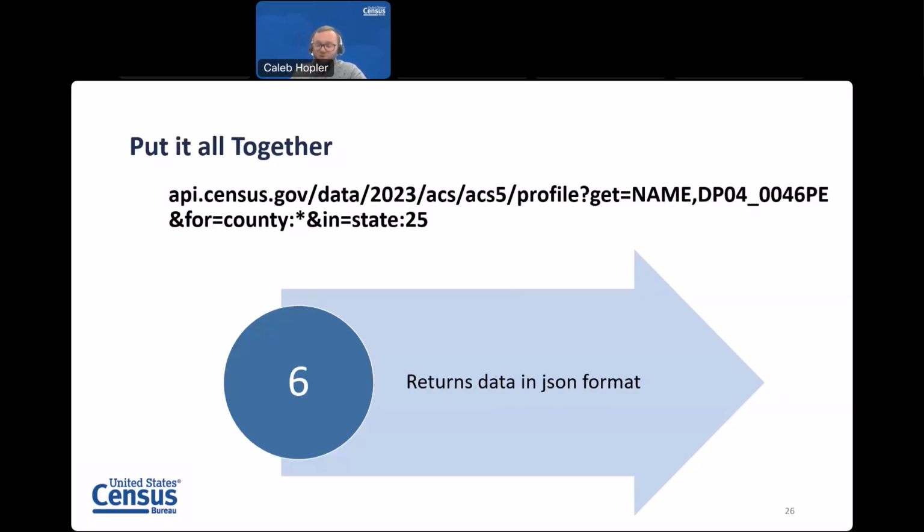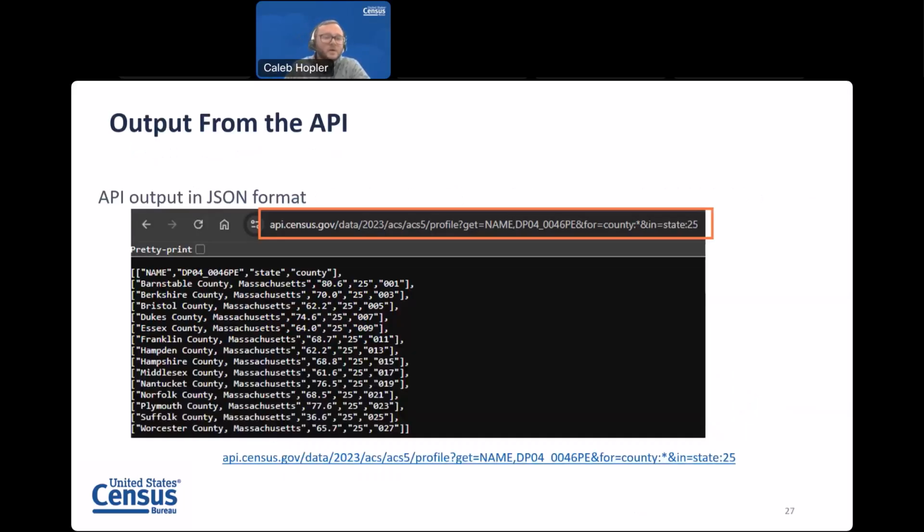And you can also choose HTML or XML, but I'll have Joseph share that later. So here from this request, the output is in a JSON format that stands for JavaScript Object Notation. And using statistical software like SAS or R, you can edit the commands to grab larger sets of the data, to manipulate the data to display in a table format or as a chart or graph or in an interactive map.